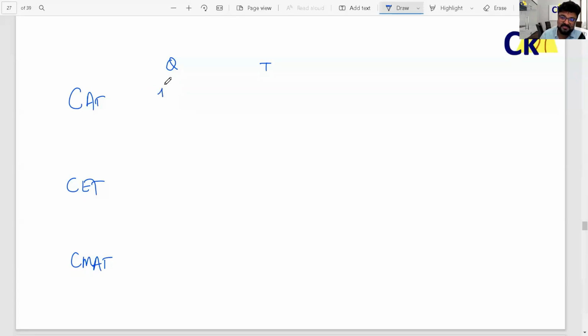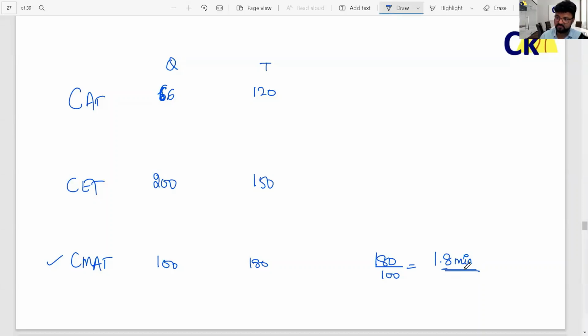ठीक है. कैट में वी हैव गॉट 66 क्वेश्चन टू बी डन इन 120 मिनट्स. सीईटी में वी हैव गॉट 200 क्वेश्चंस टू बी डन इन 150 मिनट्स, एंड सीमैट वी हैव गॉट 100 क्वेश्चन टू बी डन इन 180 मिनट्स. फाइन. सीमैट वी कैन सॉल्व एवरी क्वेश्चन. So all 180 questions have to be attempted. कर पाओ नहीं कर पाओ बात की बात है. So on average we have got 1.8 minutes per question, ठीक है, which is more than sufficient time to crack. उसमें कुछ क्वेश्चन जीके का भी है जिसमें टाइम कम लगता है. So we have on average 2 minutes per question.